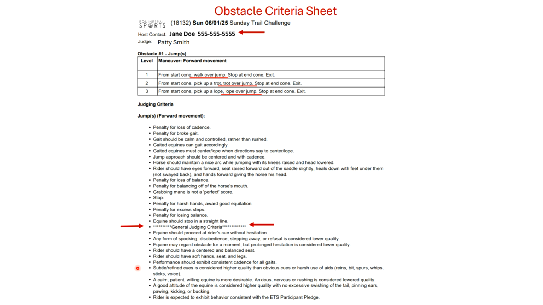Subtle, refined cues is considered higher quality than obvious cues or harsh use of aids such as reins, bits, spurs, whips, sticks, or the voice. None of these things are against the rules, but the more they use them, the lower the quality. For example, if during a halt you hear the rider say whoa and the equine stops softly, or maybe you saw them pick up their reins to do a slight adjustment or a subtle use of spur or heel,